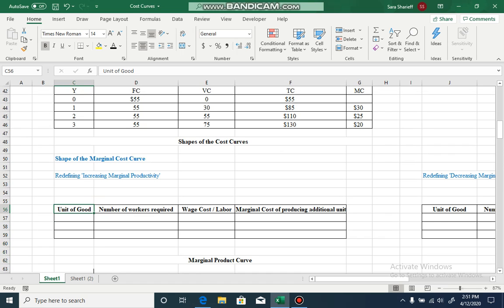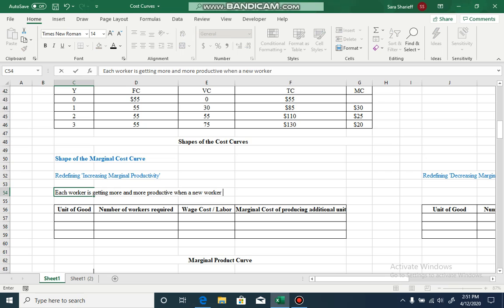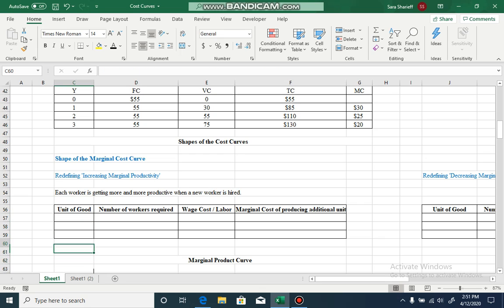ये definition अब तक कहती आई हूँ. That, let me write it down. Each worker is getting more and more productive when a new worker is hired. Right? Now I want you to think about this definition with a different perspective. इसका मतलब क्या है? हर आने वाला worker हर पिछले सारे वर्कर्स को भी प्रोडक्टिव कर रहा है, खुद भी प्रोडक्टिव हो रहा है, राइट। टोटल प्रोडक्टिविटी हर आने वाले वर्कर की वजह से वर्कर्स की सारी प्रोडक्टिविटी बढ़ी।